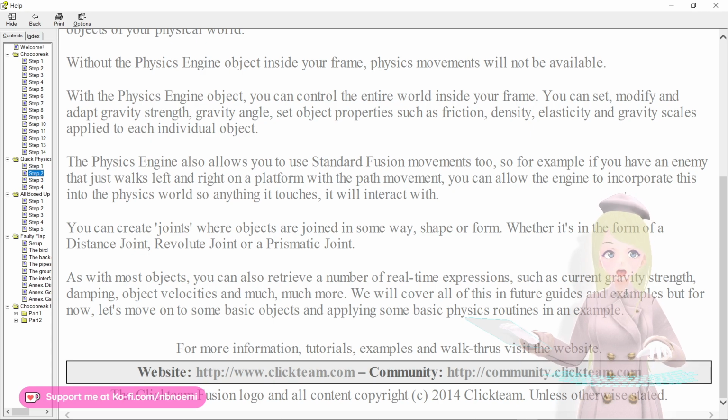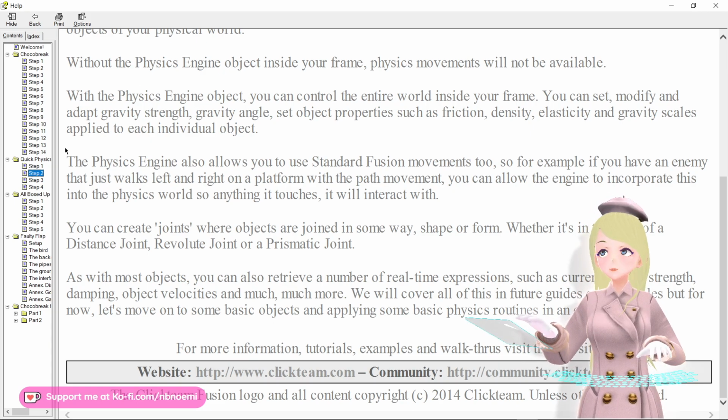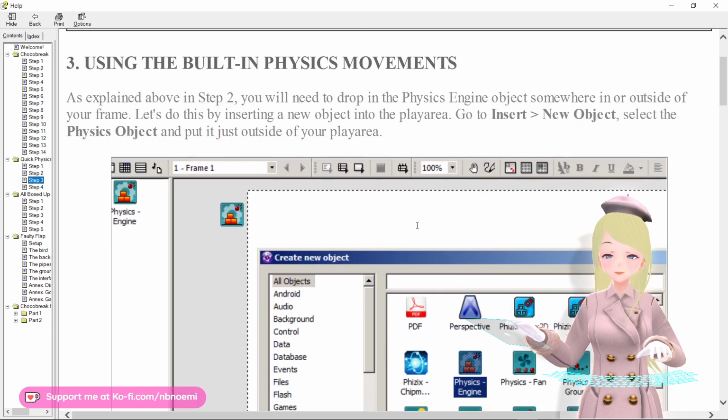As with most objects, you can also retrieve a number of real-time expressions, such as current gravity strength, damping, object velocities, and much, much more. We will cover all this in future guides and examples, but for now, let's move on to some basic objects and applying some basic physics routines as an example. So, using the built-in physics movements,